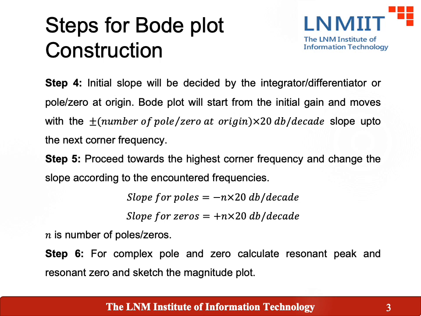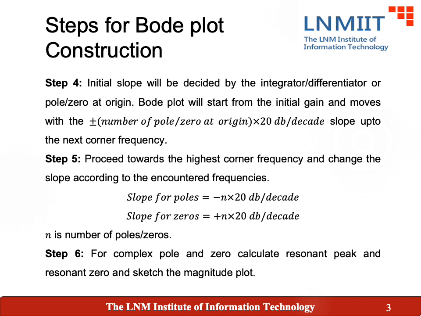And if there are multiple poles, then n poles multiplied by 20 dB will be your net slope. Similarly, in the case of zeros, if there are zeros in your system, then your magnitude will start increasing at the rate of plus 20 dB per decade multiplied by the number of zeros in your system. This slope will continue up to the higher frequency, whatever the higher frequency you have,